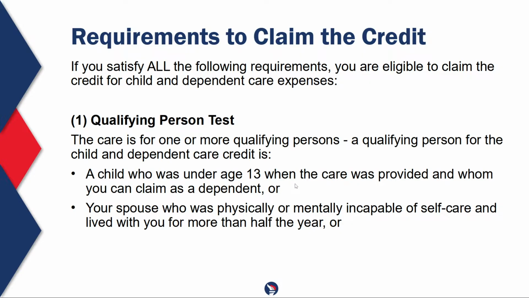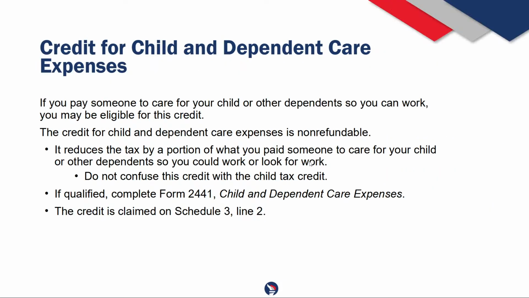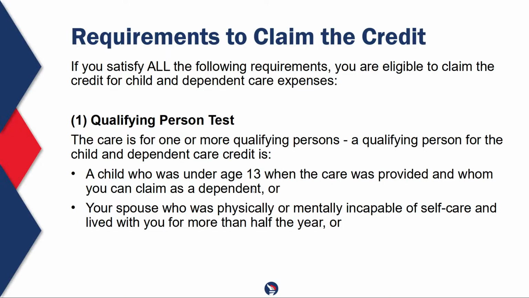It's an outlier in the regard that the IRS is always like, whatever your status was on the last day of the tax year, except for this one. You can claim the dependent credit, or not the dependent credit, the child and dependent care credit, up until the time that they turn 13. So if they turn 13 in August, you can claim the credit for expenses up until their 13th birthday in